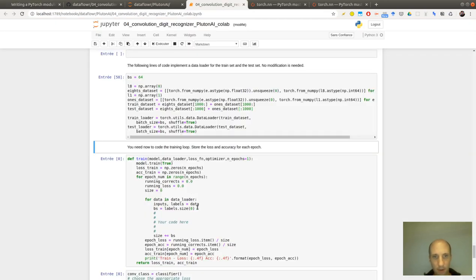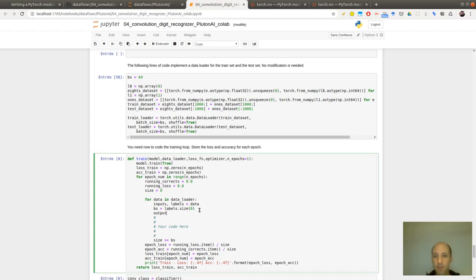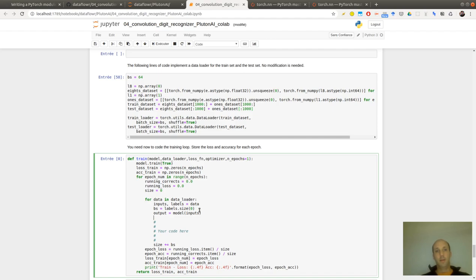I will rewrite it. So it's taking as an argument a loss function, a model, a data loader. The data loader, I will not touch it. I need the loss function, the optimizer, and the model. First thing I'm doing, model of inputs. Then I'm computing the loss